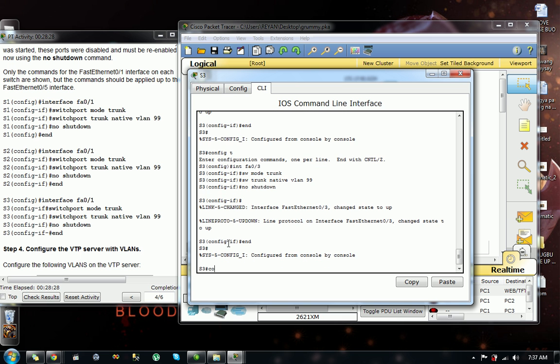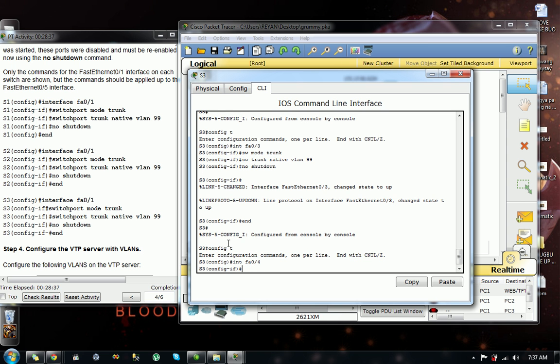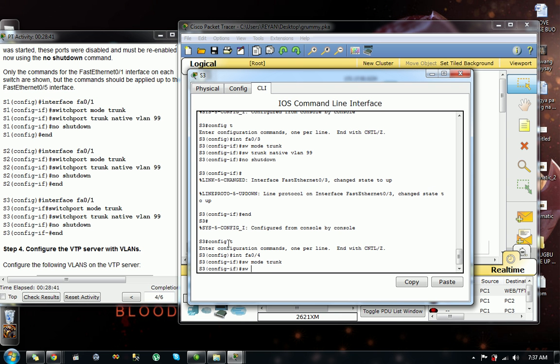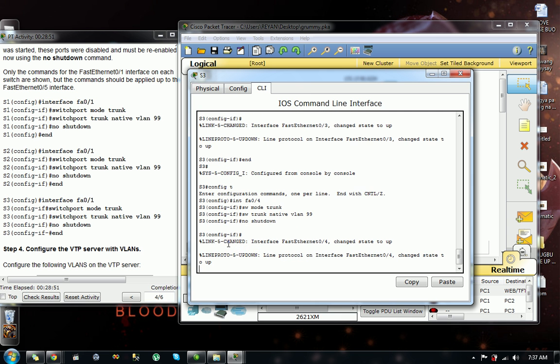enter, config T, interface FA04, and then SW mode trunk, SW trunk native VLAN 99, and then no shutdown, then end,